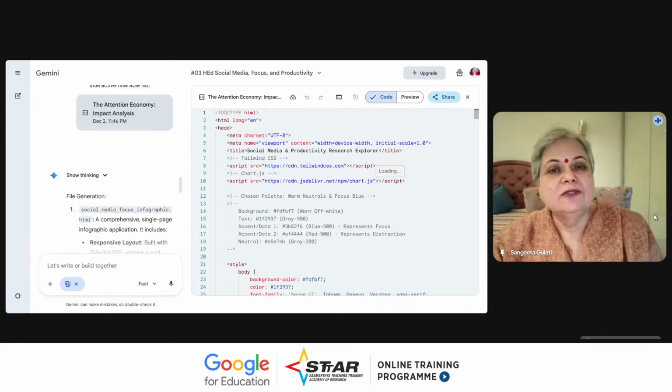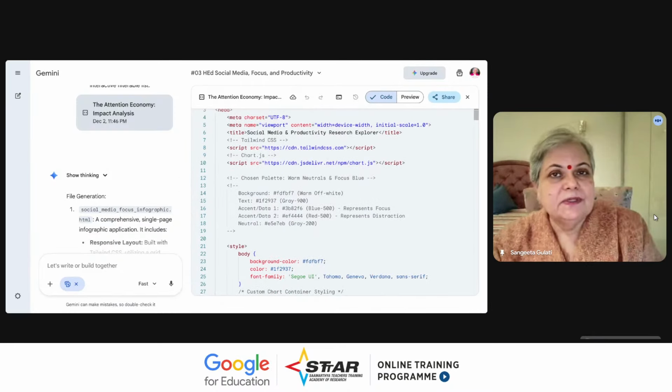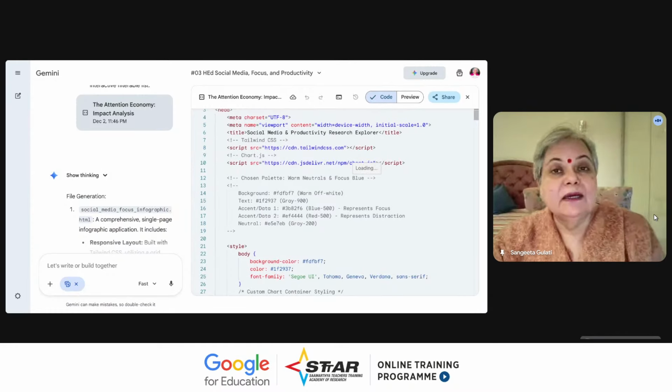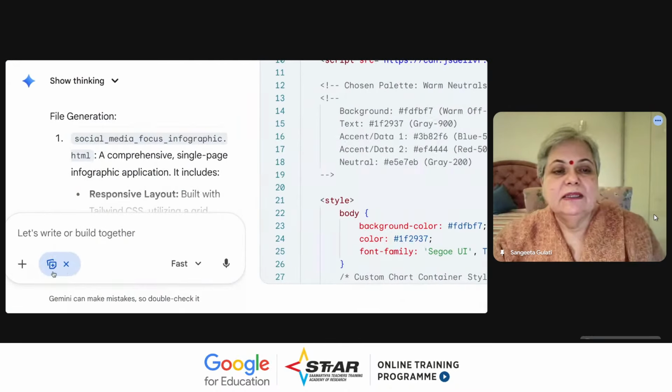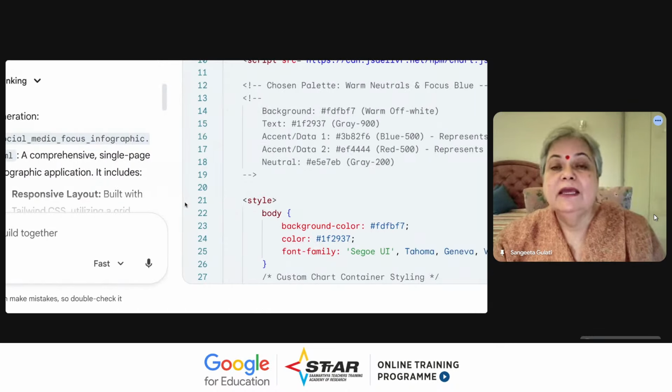Now, code has not been created just by deep research. The code part is actually being created by the canvas in Gemini. So when we showed you the various tools, there is one amazing possibility of using canvas. So canvas is, see here, this is that symbol icon for canvas. So canvas got activated. Now canvas is the one which helps you to create interactive